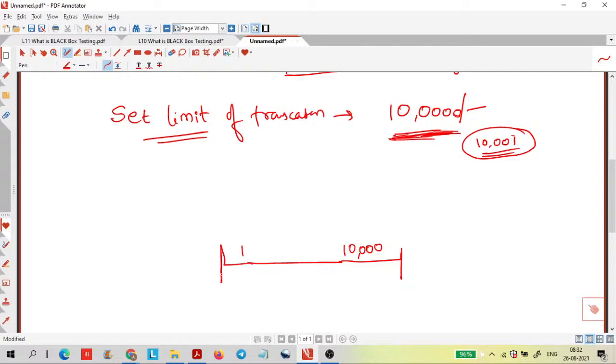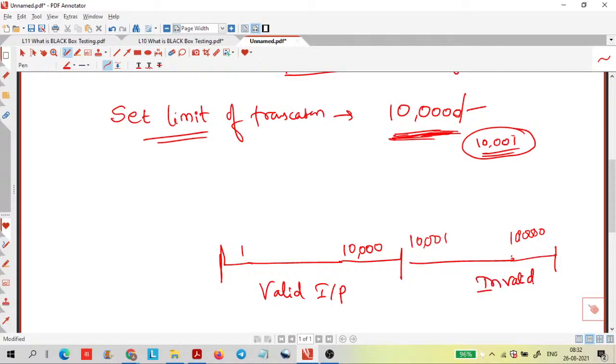If there is a transaction that is valid input, and if it is from 10,001 to 1 lakh, then it is invalid. Whatever is above 10,000, from 10,001, it is invalid. And 0 to less than 1 is also invalid. So like this, you need to go for